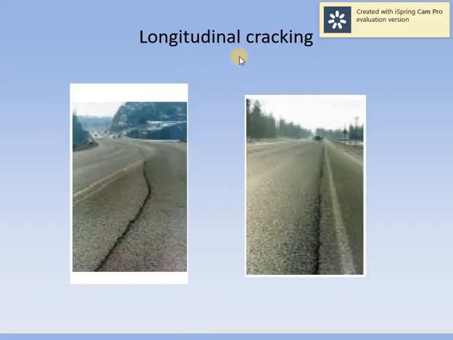The next one is longitudinal cracking. In these two figures you can see the longitudinal cracking. These types of cracks extend to the full thickness of pavement. The reason for this type of failure is differential volume changes in the subgrade soil. If the subgrade soil is of poor quality, that leads to settlement and this type of failure occurs. The second reason is settlement of filled materials and sliding of side slopes.